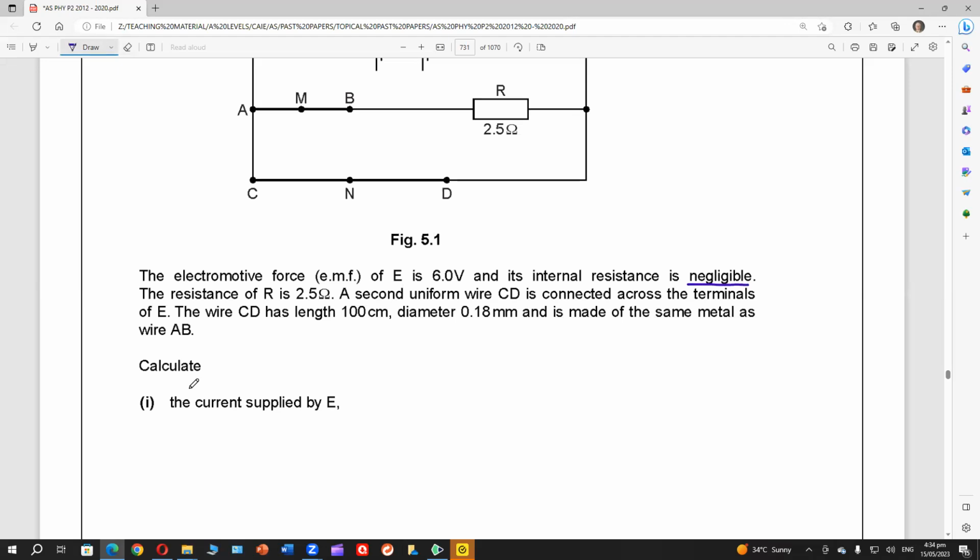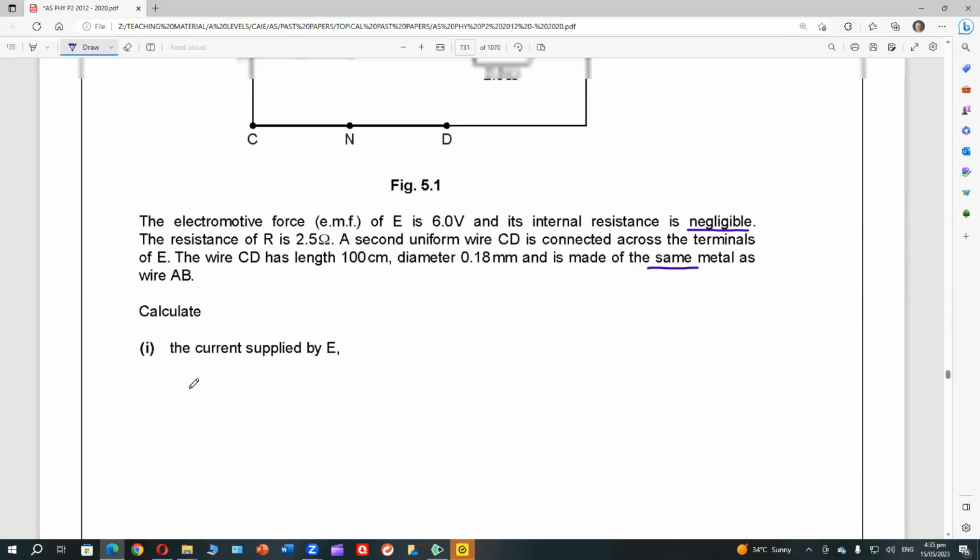The resistance of R is 2.5 ohm. The second uniform wire CD is connected across the terminals of E, and it has length 100 centimeter, diameter this, and is made of the same metal as the wire AB. The current supplied by E